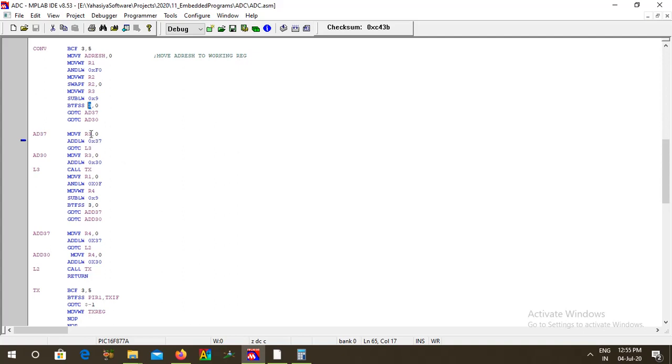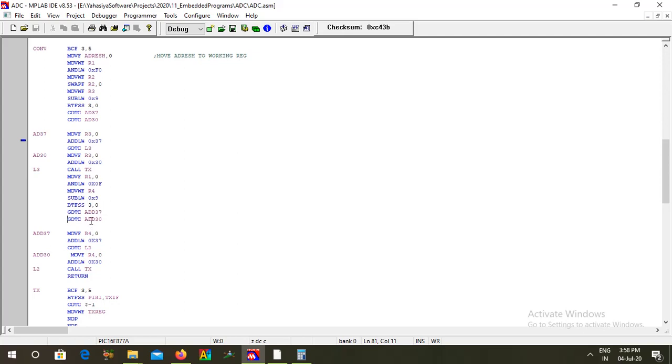That is the reason. So when it is greater than 9, it goes to ADD37, it adds the 37 to it and moves to L3. In L3, the converted value is transmitted. When the result is less than or equal to 9, adding 30 will give the equal ASCII value.